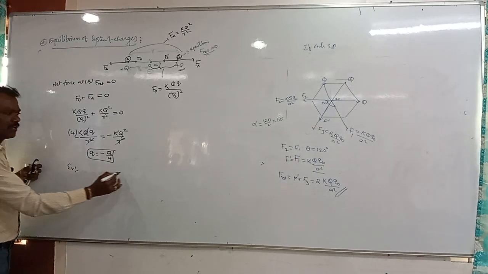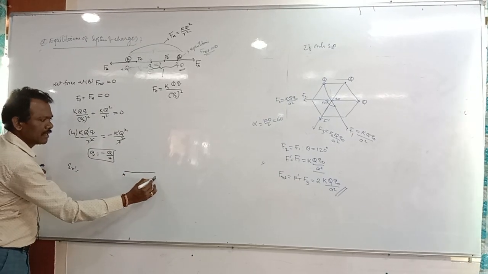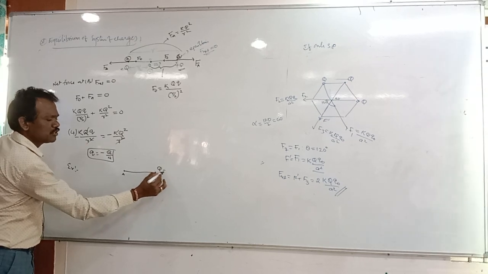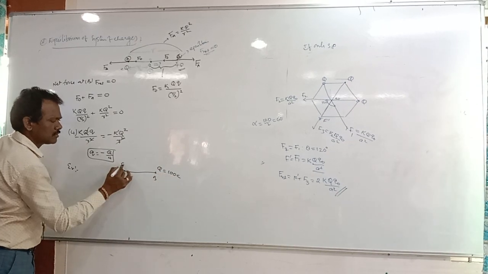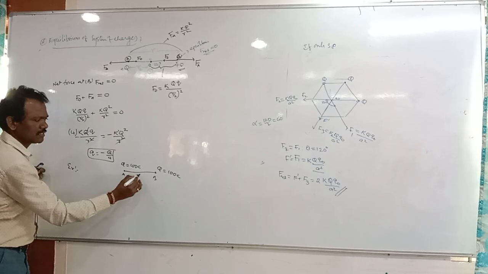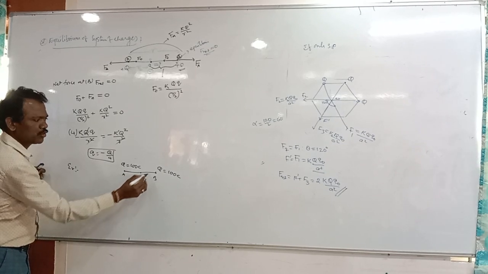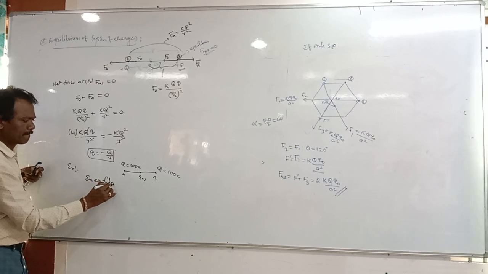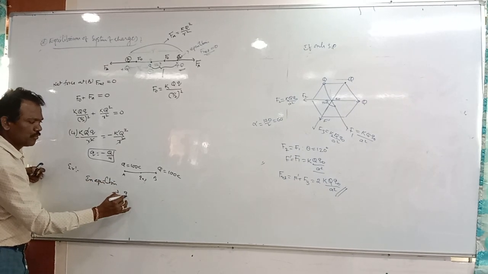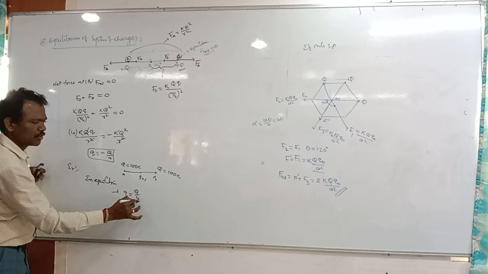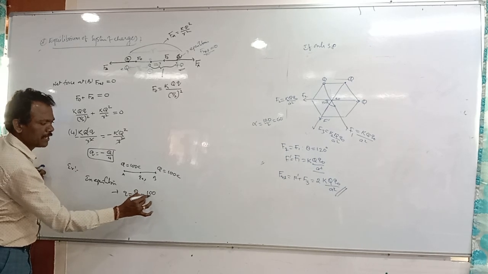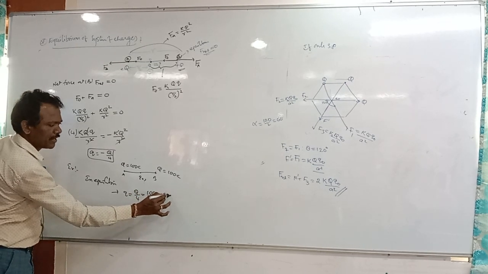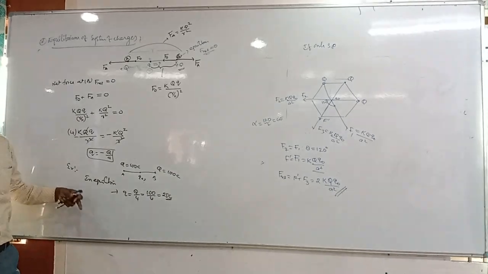That we can write here. If two charges are there at A and B of charge Q equal to 100 coulombs, like charges, what is the q required to make it in equilibrium position? Then q is equal to what we can write? Q by 4, that is 100 by 4, 25 coulombs of charge.